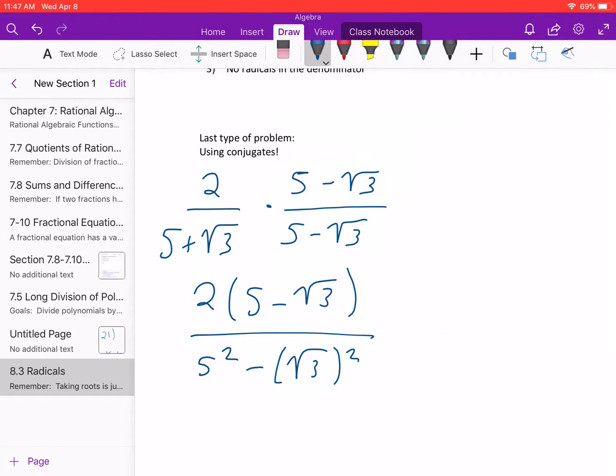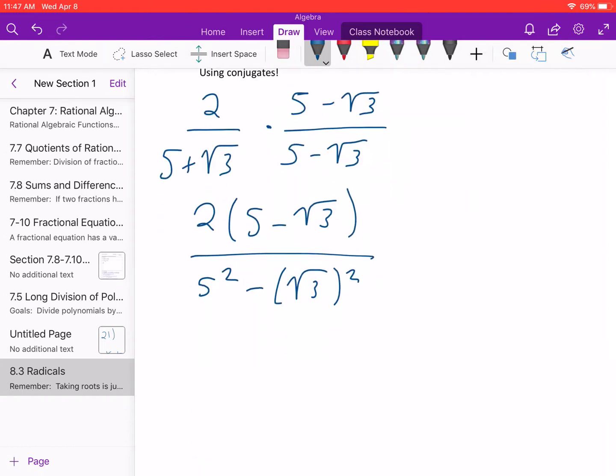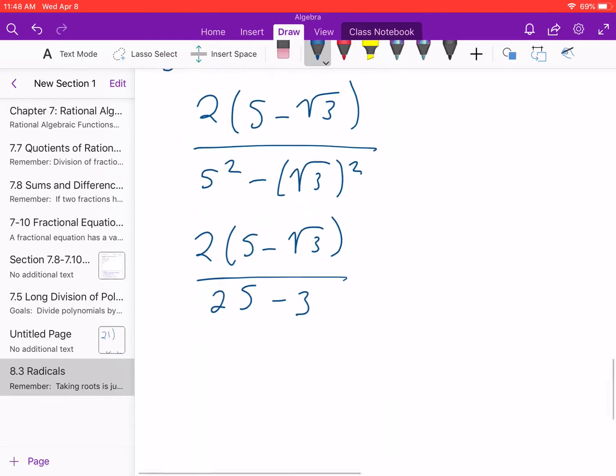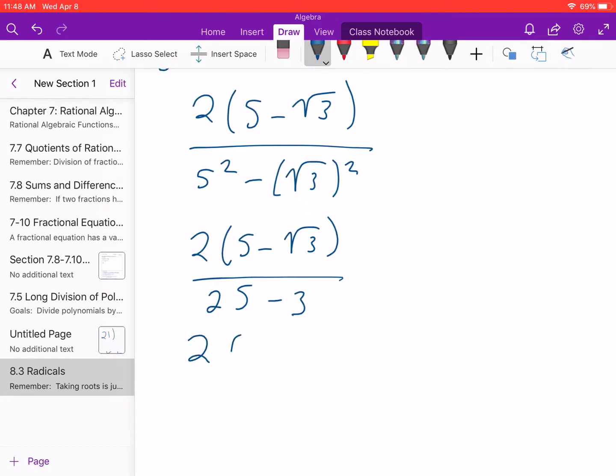And when I do that simple math, this ends up as 2 times 5 minus the radical 3 all over 25 minus 3. The square root of 3 squared eliminates that square root. So now I can continue some simple math. I have 2 times 5 minus radical 3 all over